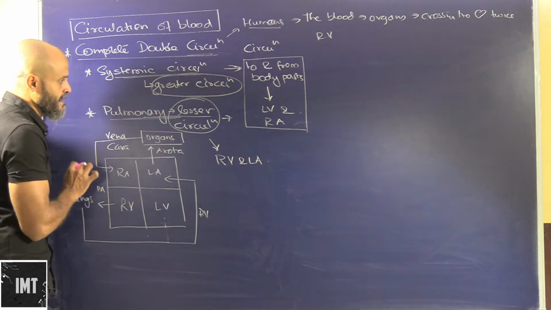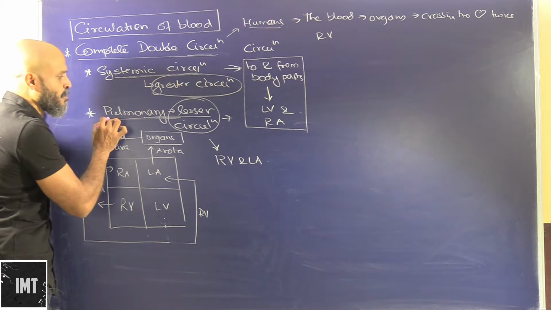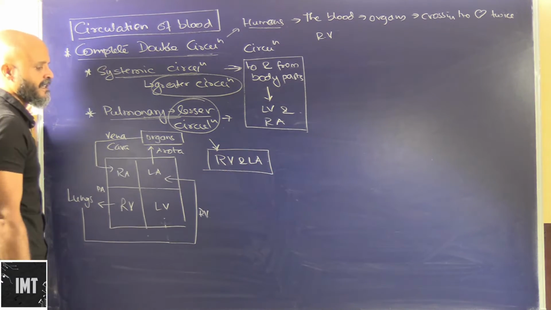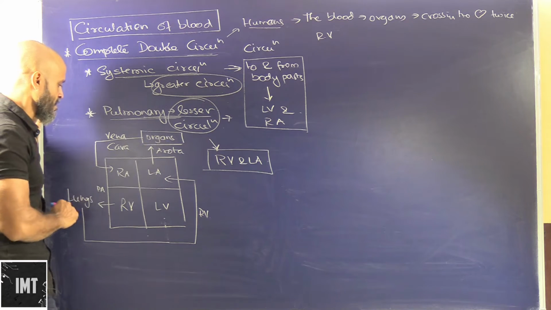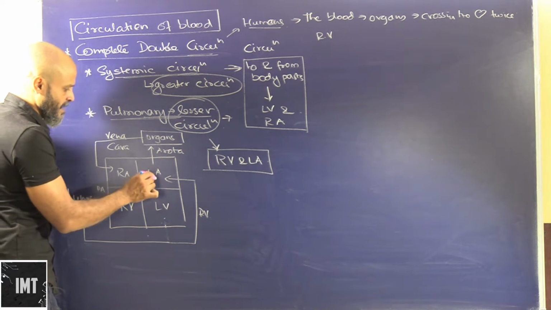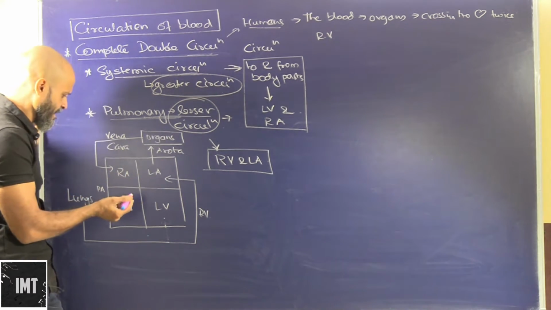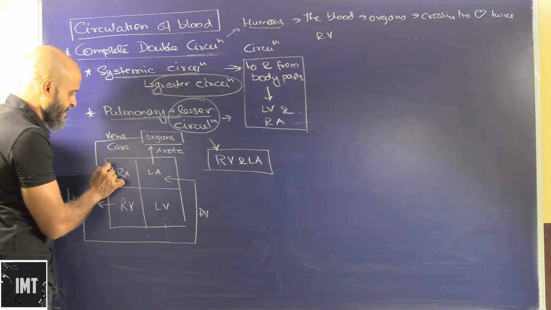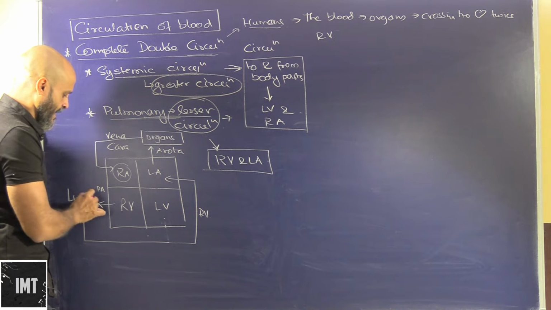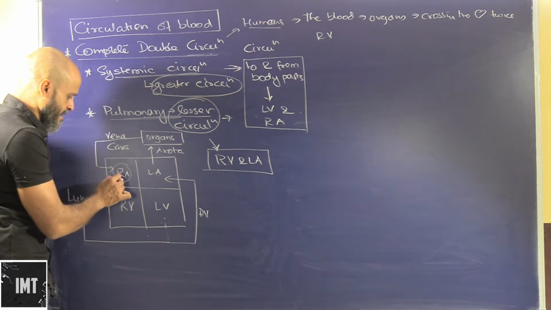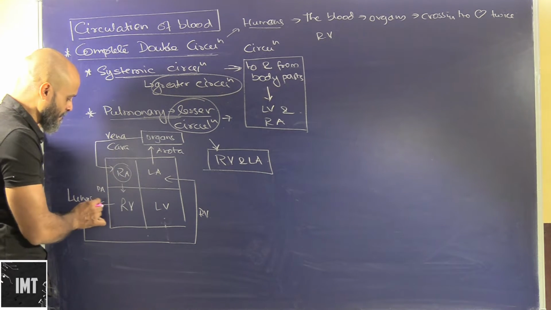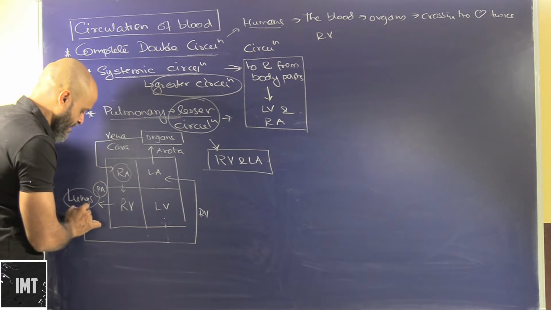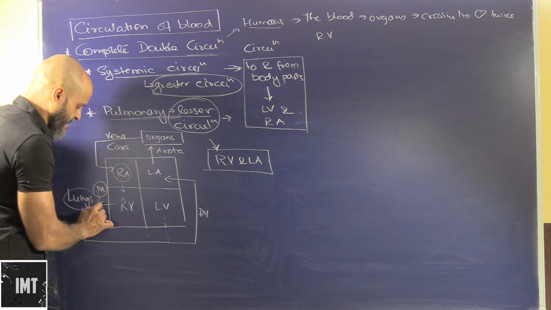Okay, so let's see this. Pulmonary circulation is also known as lesser circulation. The auricles and ventricles involved here are these. Let's understand this: we can start from anywhere basically. The deoxygenated blood is entering the right auricle. From the right auricle it passes into the right ventricle. From the right ventricle, through the pulmonary artery, it goes on to the lungs, and this is basically deoxygenated blood.